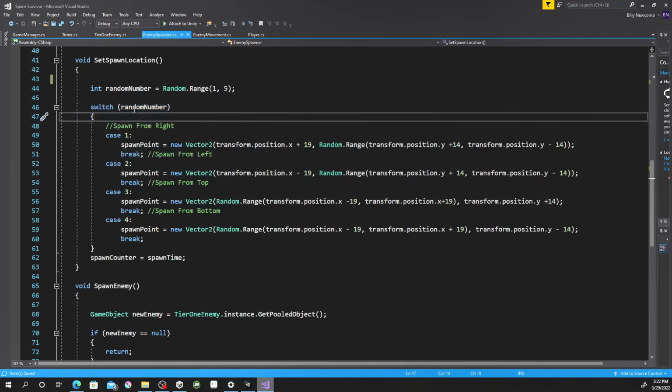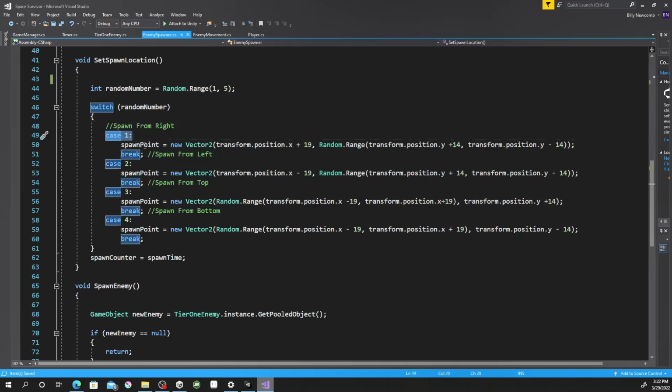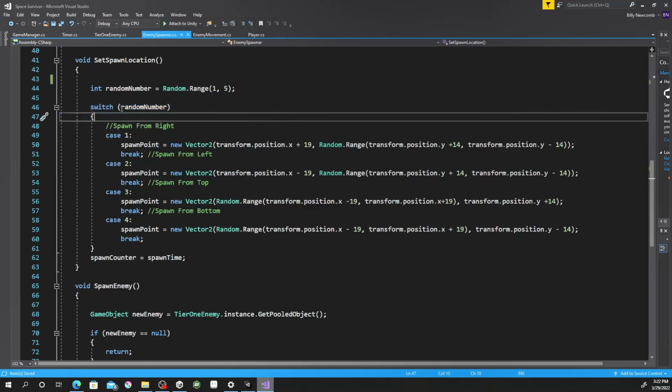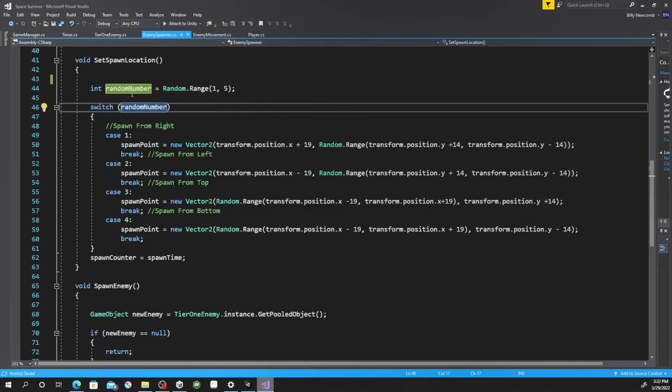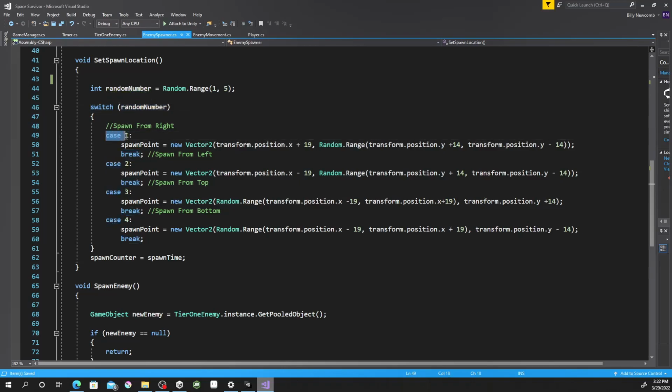Basically, based on this number, case 1. So you set it up like an if statement. I'm sorry. Let me explain this. So you set it up like an if statement. So switch random number. All right. In case is kind of the same thing. If it's 1,